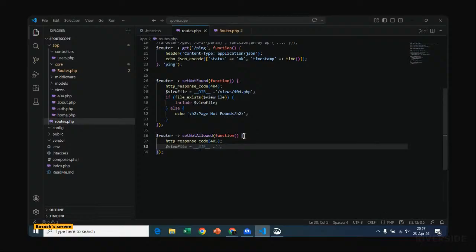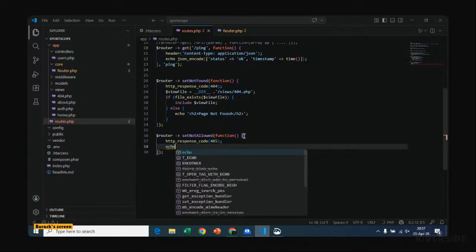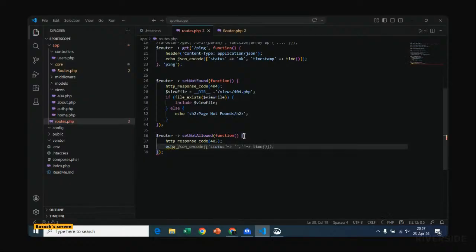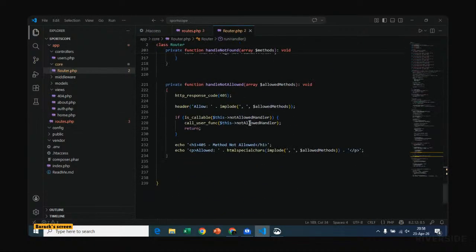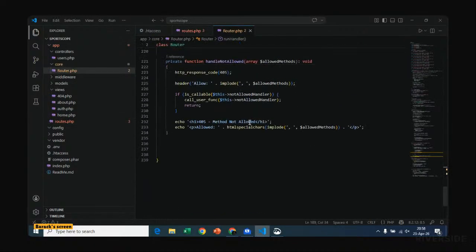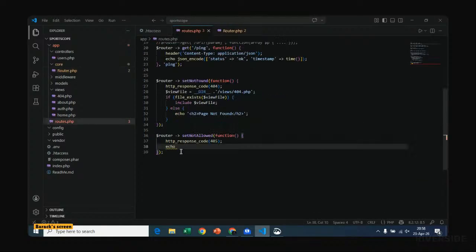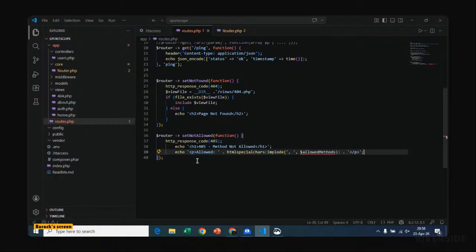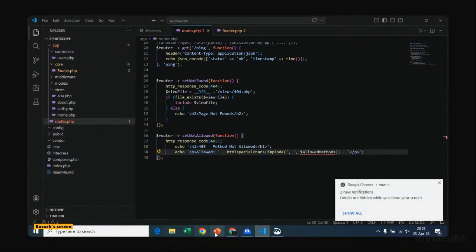And here we don't need that much logic. We can just echo method not found. Let's see what we did at the very bottom. So we echoed this. We can reuse it here. We can echo those two and we are good.